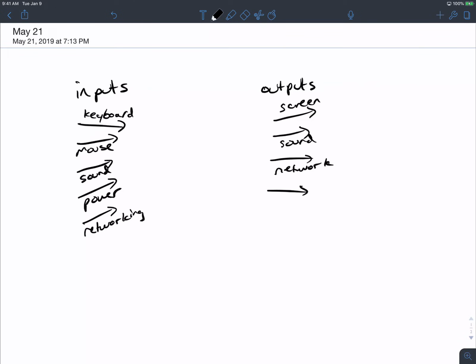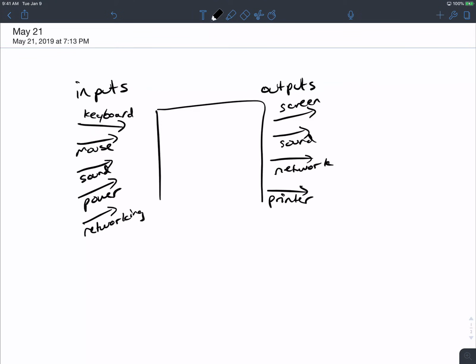You could have things sent to a printer. So it's not necessarily just literally on the computer that things happen. It could be sent to another device near it, and then the output happens there. That could happen. Okay, so I think this is a pretty exhaustive list for most everyday things that might occur. You notice I left a little space in between these two. So what do you think goes in that middle?